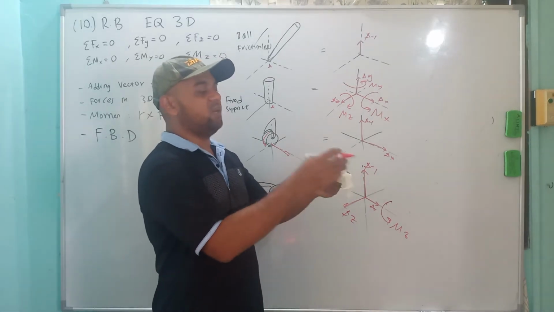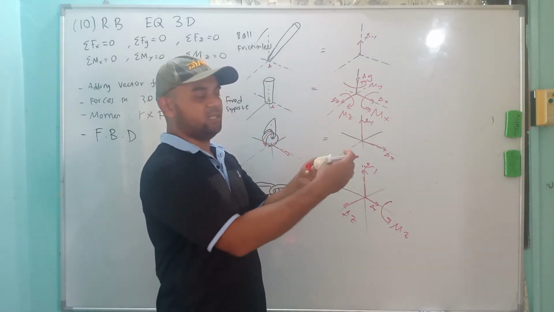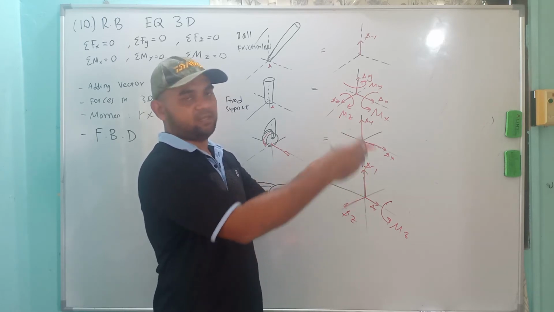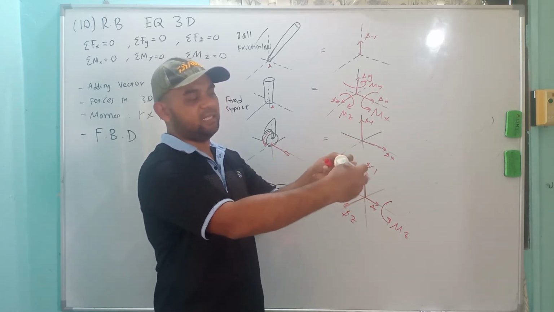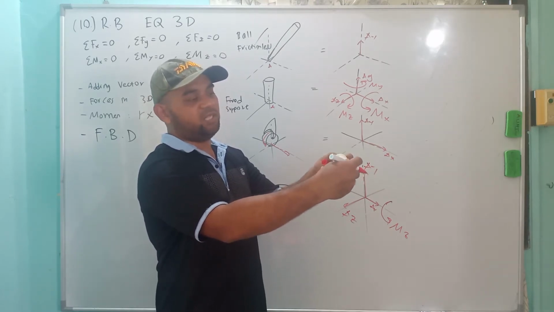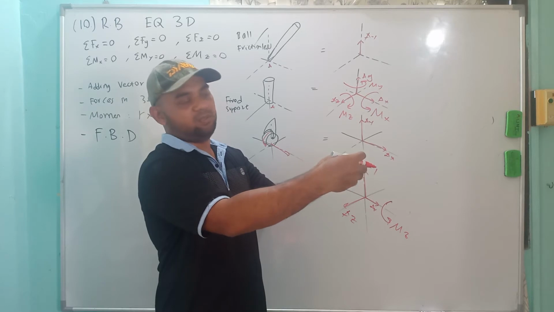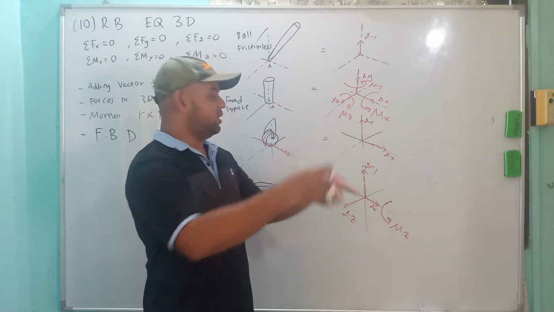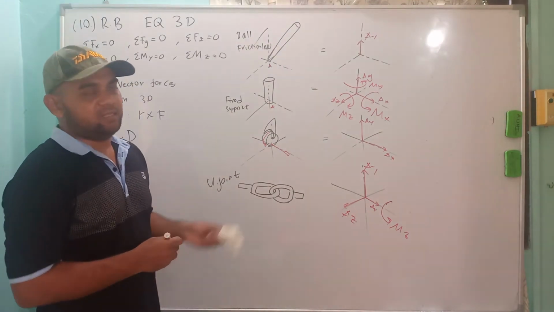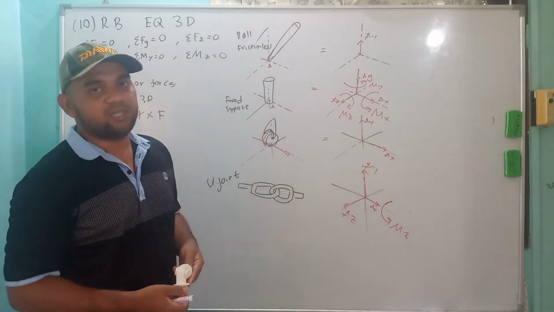This rotation is about Y axis, so moment about Y is 0. This is about Z axis, so moment about Z is also 0, but rotation in this direction is in X direction. If you want to rotate here, both must be rotated. So it is a force that counters rotation. There is a moment in X direction. You call it a universal joint.